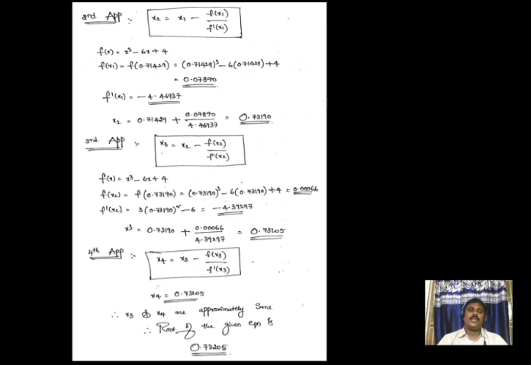Similarly I got the x2 value, and similarly the x3 value. Here I can see that the second iteration and third iteration are approximately the same, so I stop the remaining process. Therefore the root for the given equation is 0.73205. So these are the problems on the Newton-Raphson method. It is very simple and easy to understand. The only formula we have to remember while doing these problems is x n plus 1 equal to x n minus f of x n by f dash of x n, where n takes the values from 0.